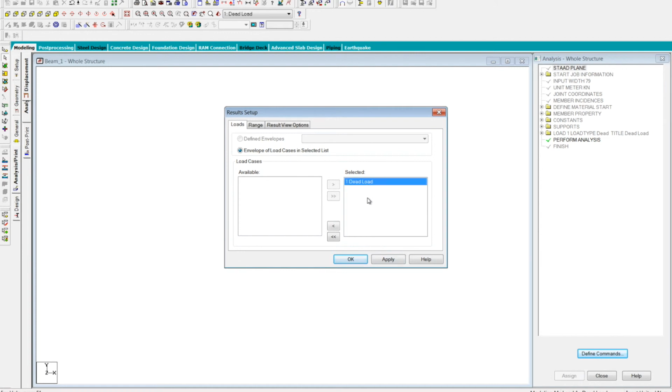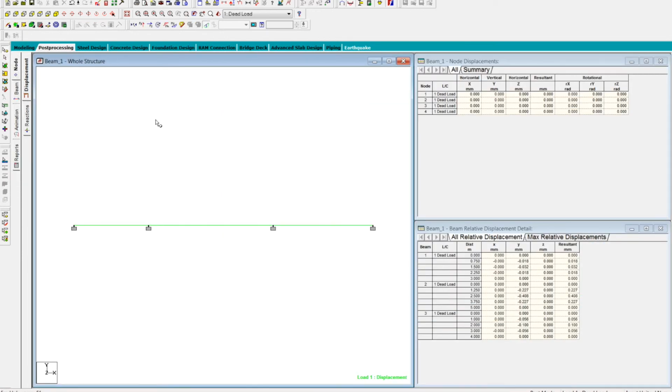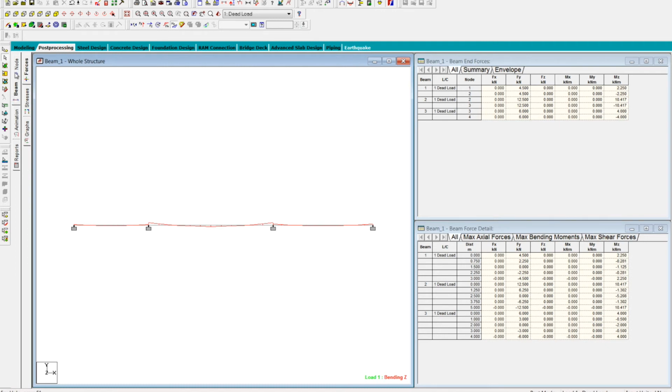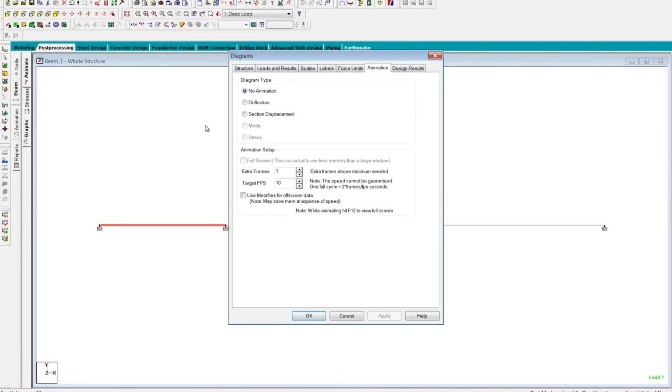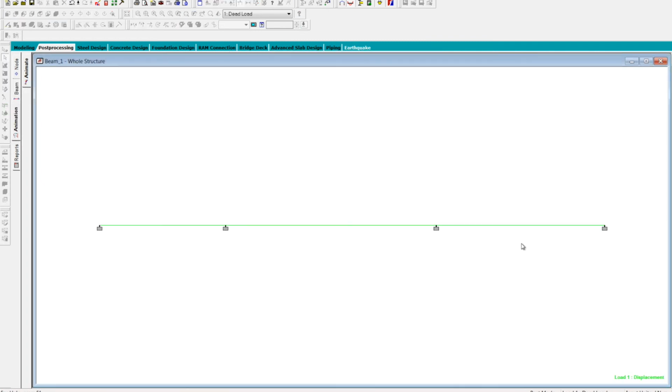We will select the dead load, okay, and here you can get all the information needed regarding the beams, nodes or the animation. We will see the forces developed in the beam. Once you select a beam, the beam end forces and beam force details can be seen here. When you go to a graph, you can see the graphs of bending moment and shear force for each and every beam. You just click on beam and all the graphs will be shown here. You can get animation as well for deflection or section displacement, but I don't think we will get any of those here because our load is very less.